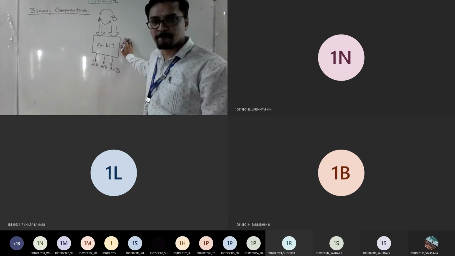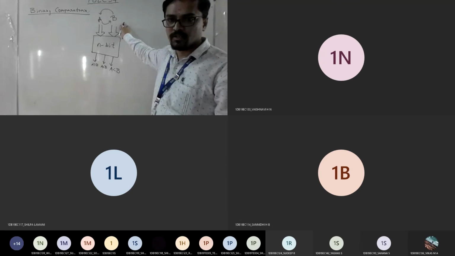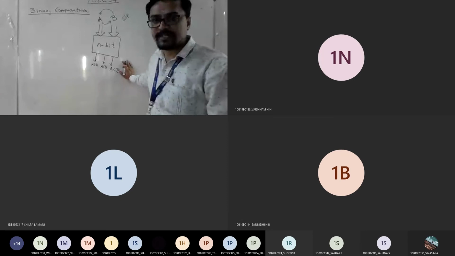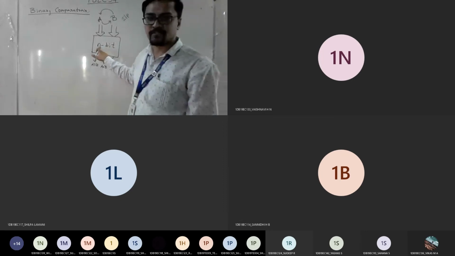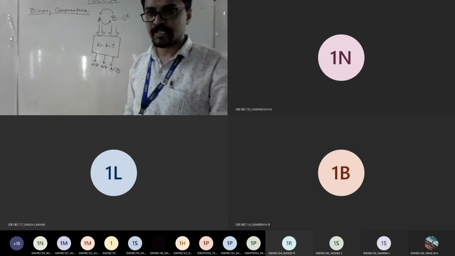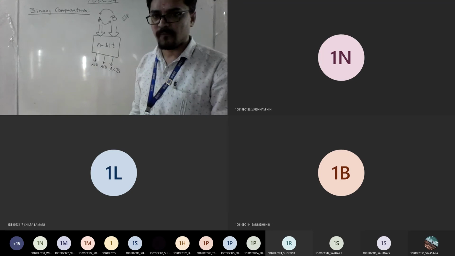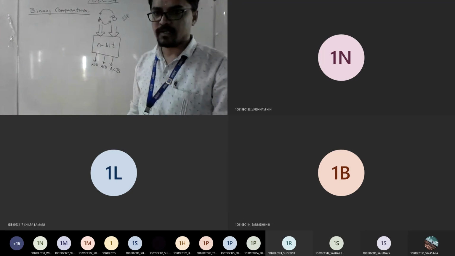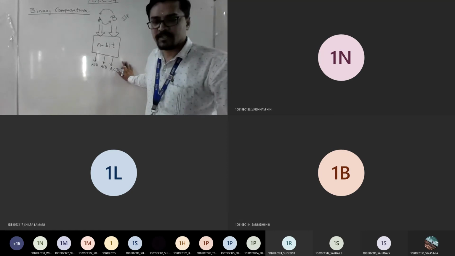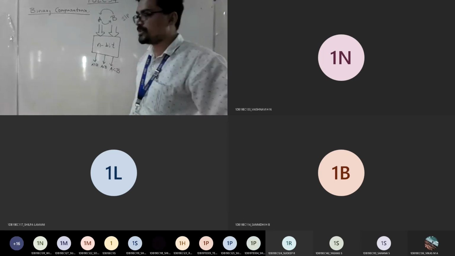Is it fine, what I told? Binary comparator: binary means either 0 or 1. Using inputs A and B, I am going to generate three different outputs. Whatever the value of n, if we keep increasing n, do you think the output remains the same? Is it three outputs only? Yes or no? Everyone, is it audible what I'm telling? Am I clear till here? Okay.